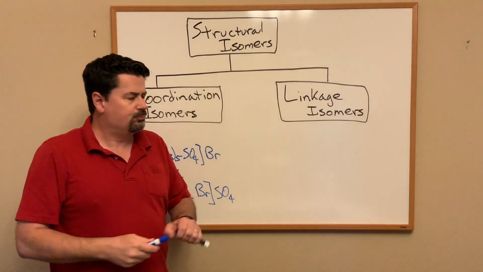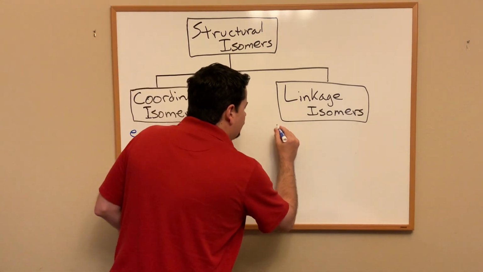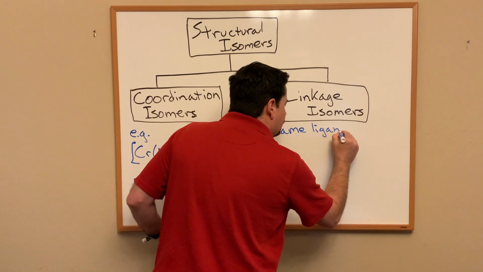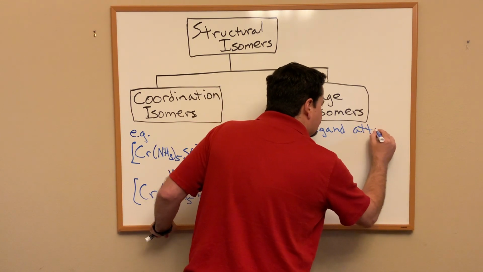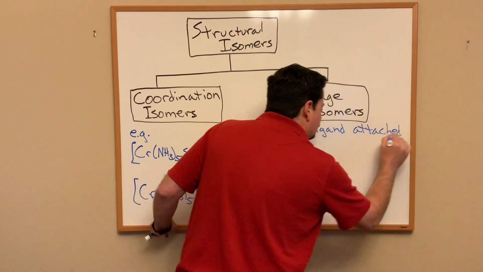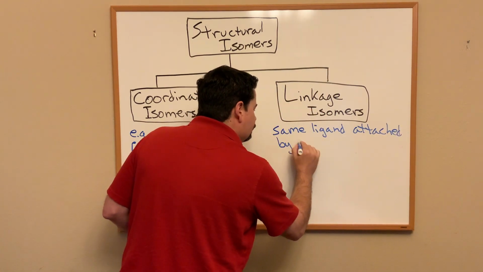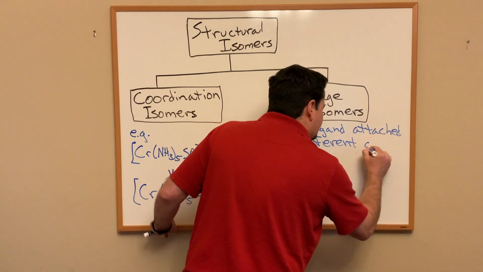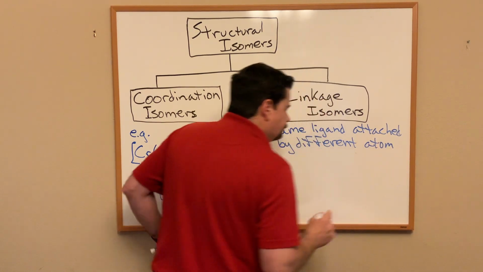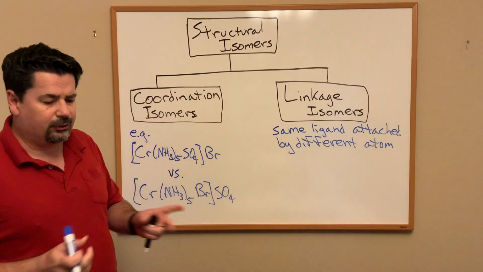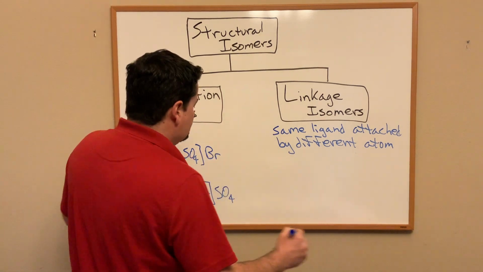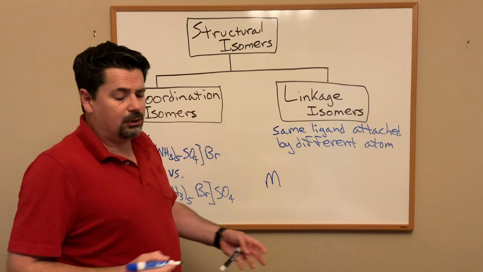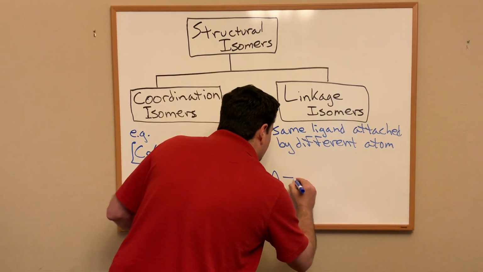And linkage isomers, we have the same ligand attached by different atom. And so the example in the text will have some metal, and we'll have, for example,